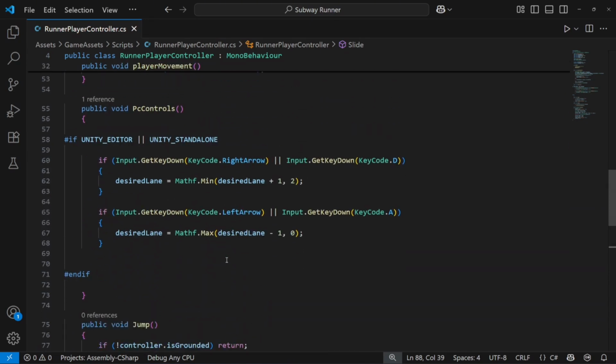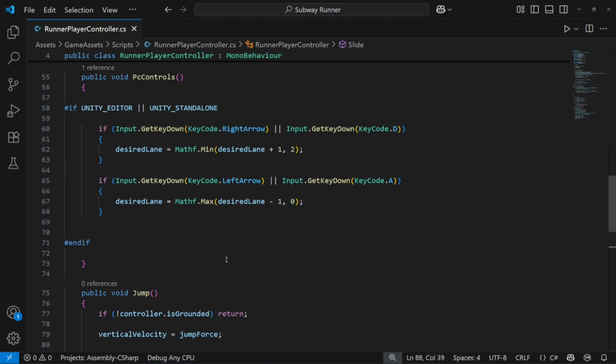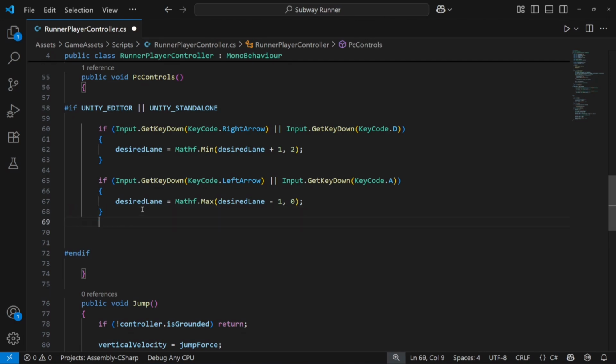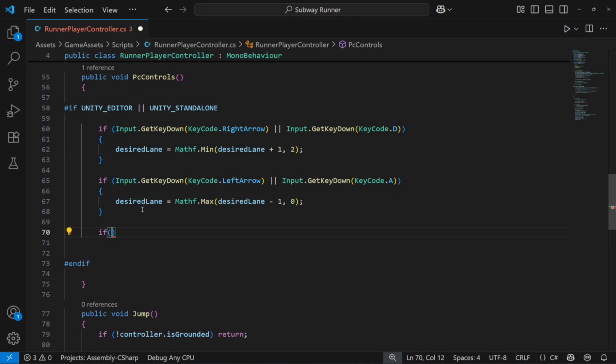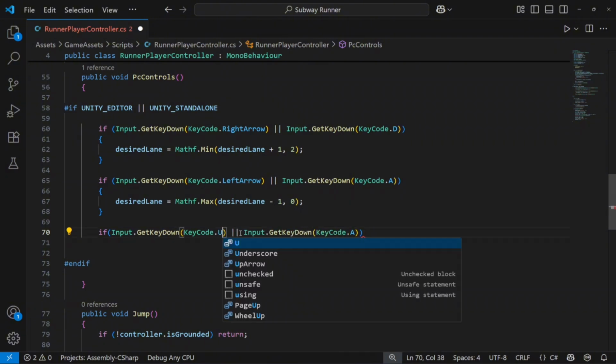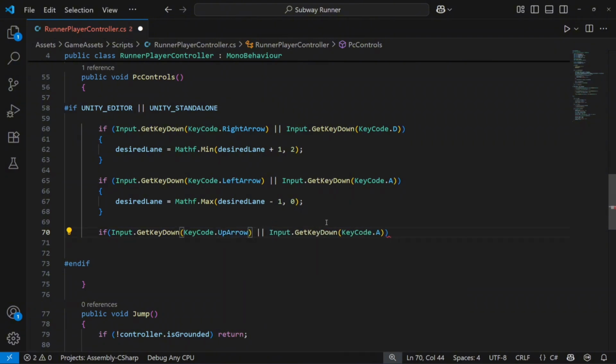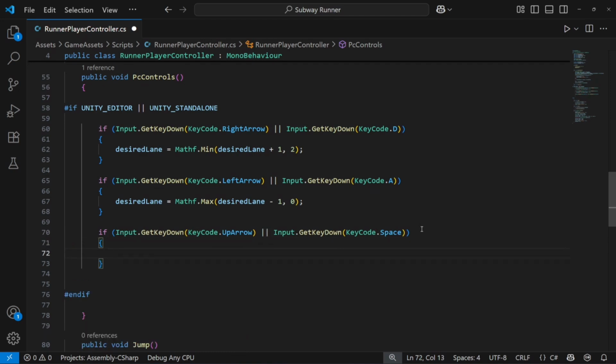That's it. Now we need to slide using the down arrow button or the S button, and we want to jump using the space button. Okay, so let's set that up quickly. So right here we will say that if the key pressed is the up key or up arrow, or if it is the space key, then we want to jump. Alright, so in here just simply call the jump method,